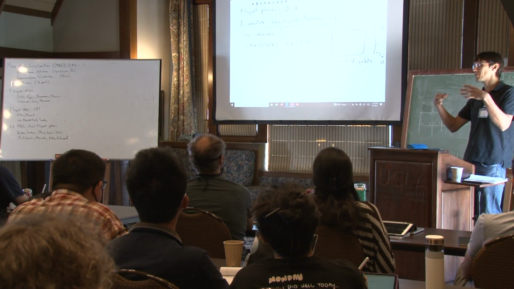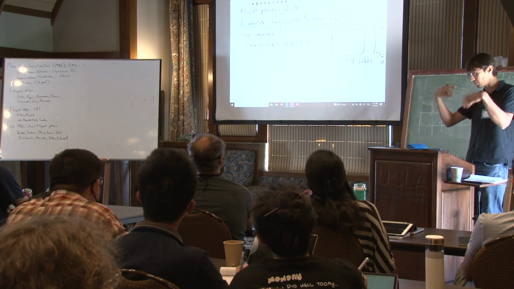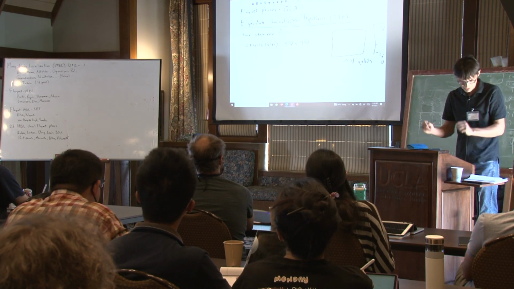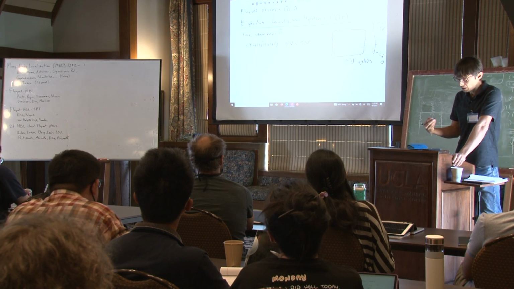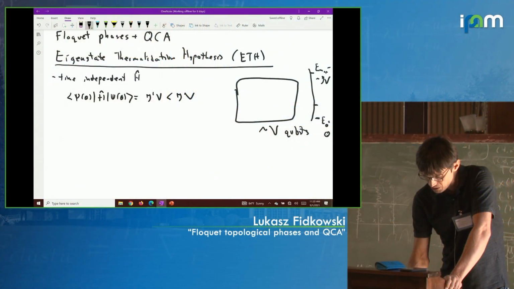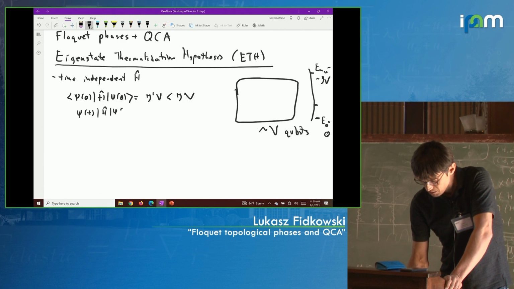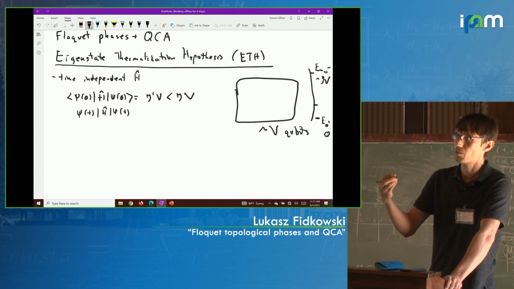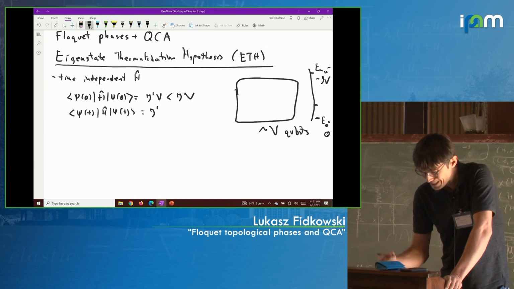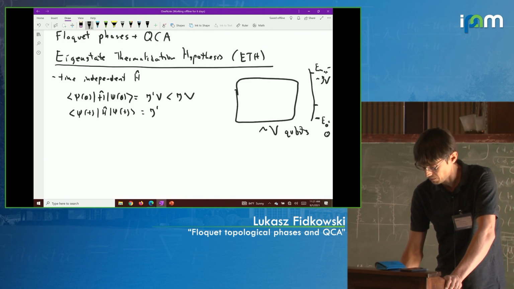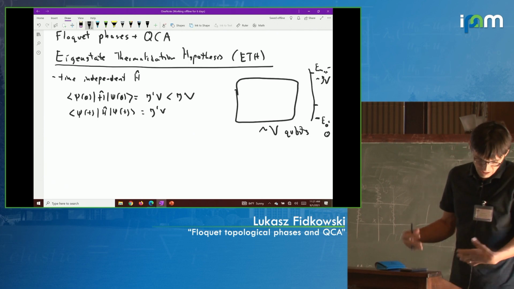I'm implicitly working in a large V limit. There's some limit V going to infinity, which I'm implicitly taking here. So one thing that we know about this immediately is that since energy is a conserved quantity, at any subsequent time, if I just evolve psi according to the Schrodinger equation, which I'm not writing out, that energy is maintained. This might not be a stationary state, but at least the energy is conserved, so the energy stays the same. So it just sits at finite energy density.